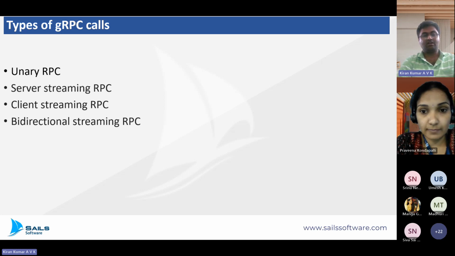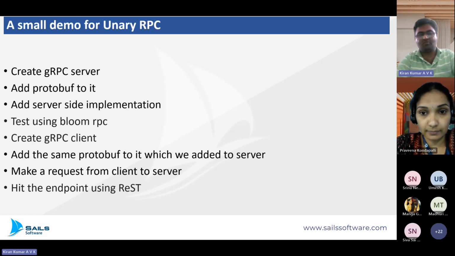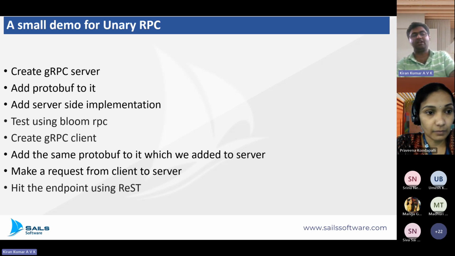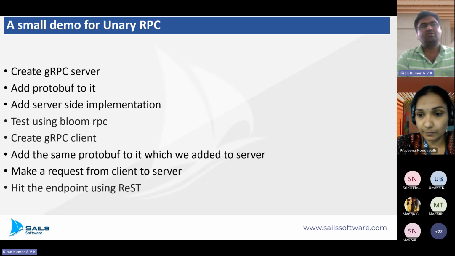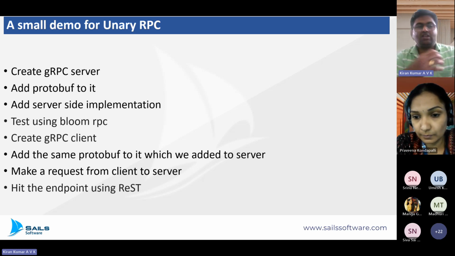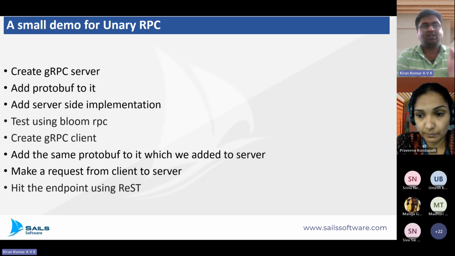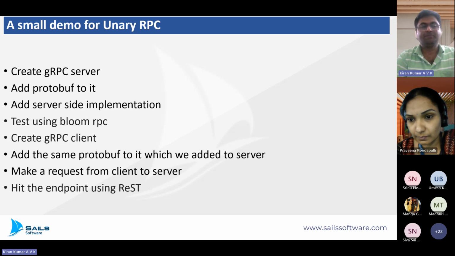Okay, and we'll have a small demo on unary RPC. Here we'll create a gRPC server, and we'll add a protobuf to it. Then we'll have the server side implementation. And instead of testing with a gRPC client, I mean a Java service that is developed using gRPC,